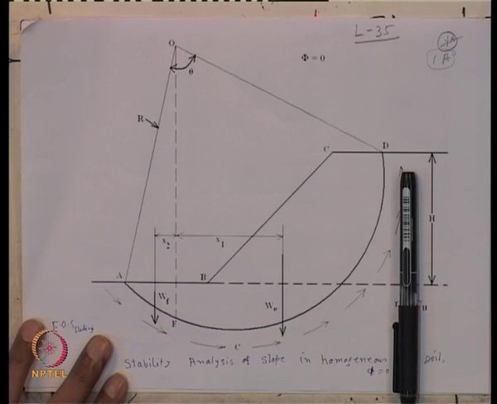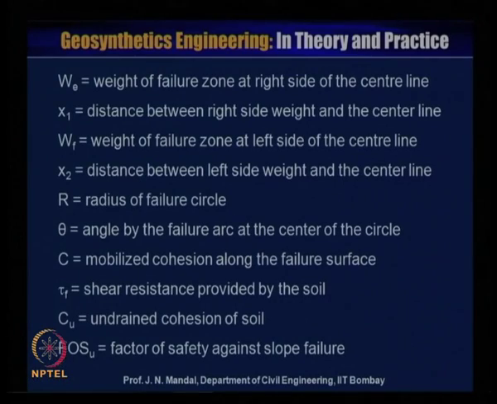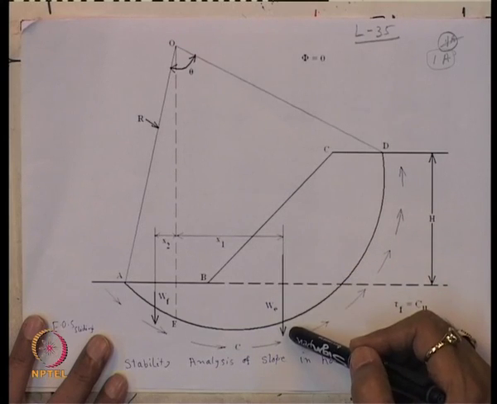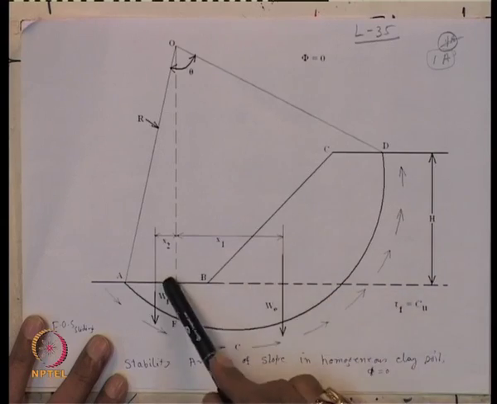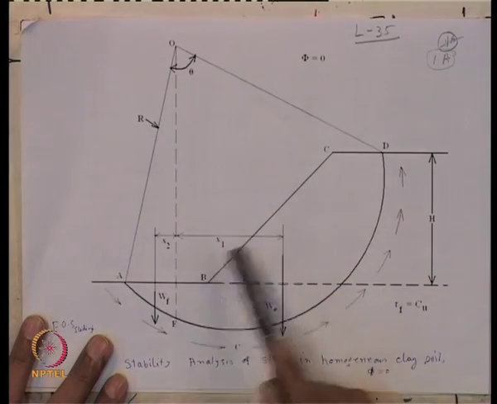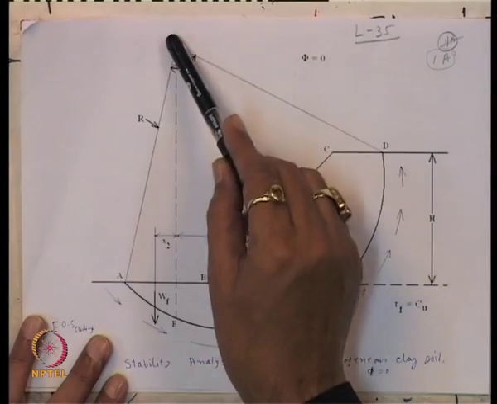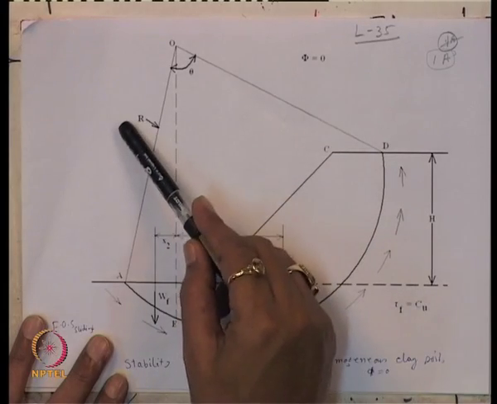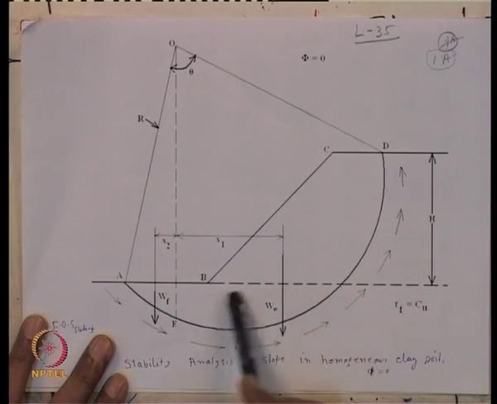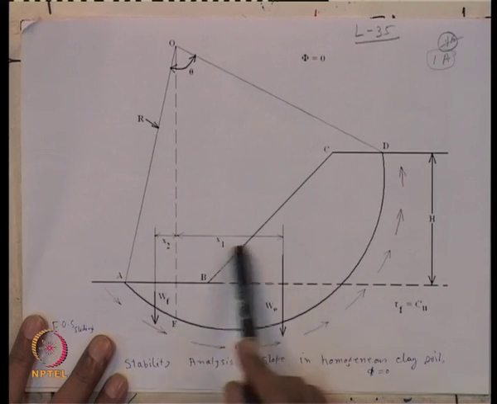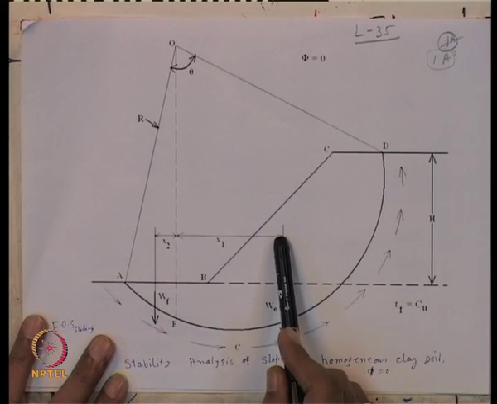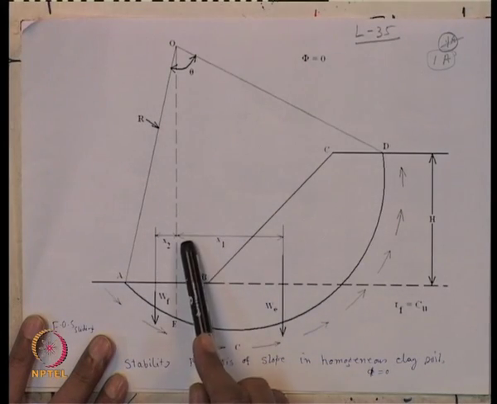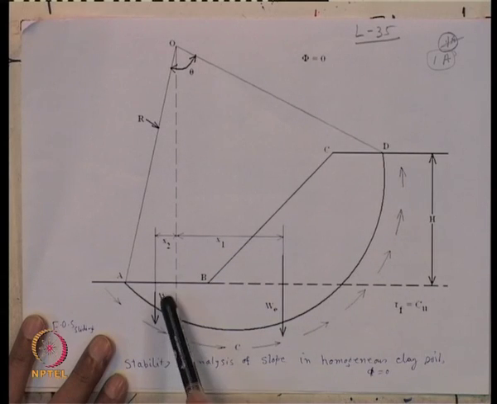So, this W_E is the weight of the failure zone at the right side of the center of the circle. This is the failure zone and this is the origin, which makes an angle of theta, and the radius is r. This x1 is the distance between the right side weight and the central line, and this W_F is the weight of the